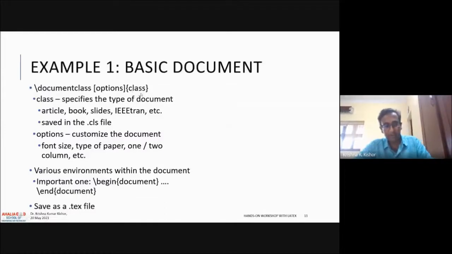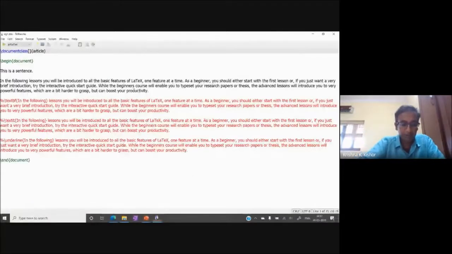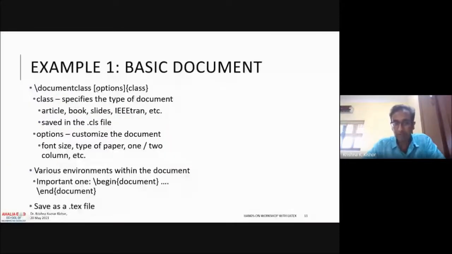Now, in our case, I made it very simple. Right now, I have not put any options. Anything in square brackets is optional. When I say options, this is an optional field as well, so we can put it or not put it. It will not say anything. If you leave it empty, like how I have done here, nothing will happen. It is just left empty in this case.